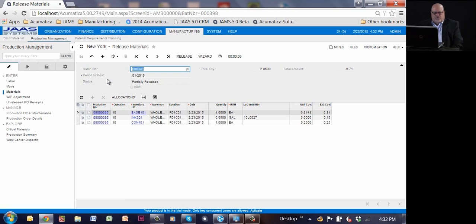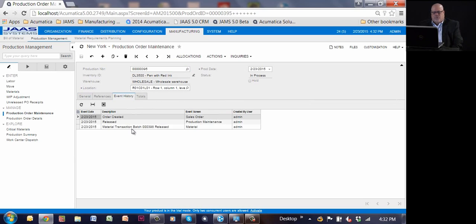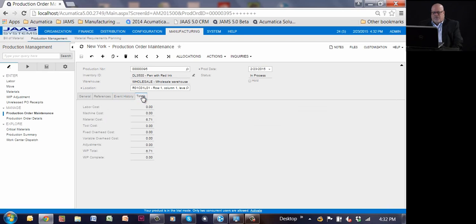You can do these and schedule them to run overnight. I've got my green check, so everything's good. I can come back to the production order and look at my event history where I've added materials, and then I can look at my totals, and here I'm starting to build my costs. So it populated the 671 of material cost onto